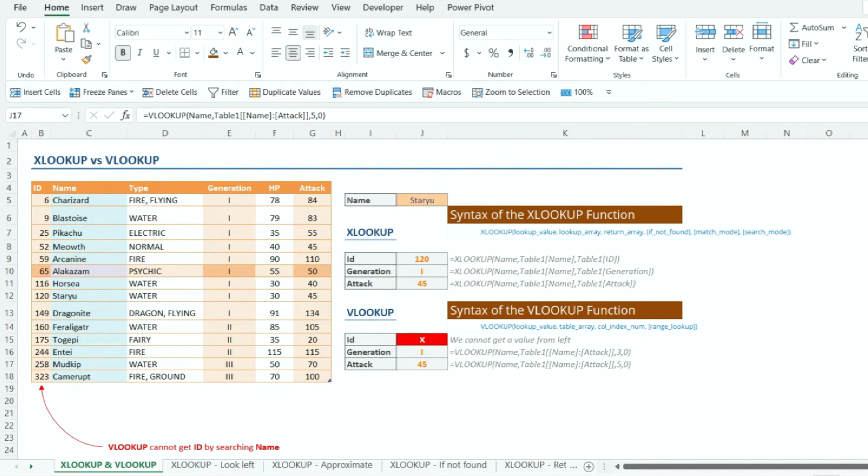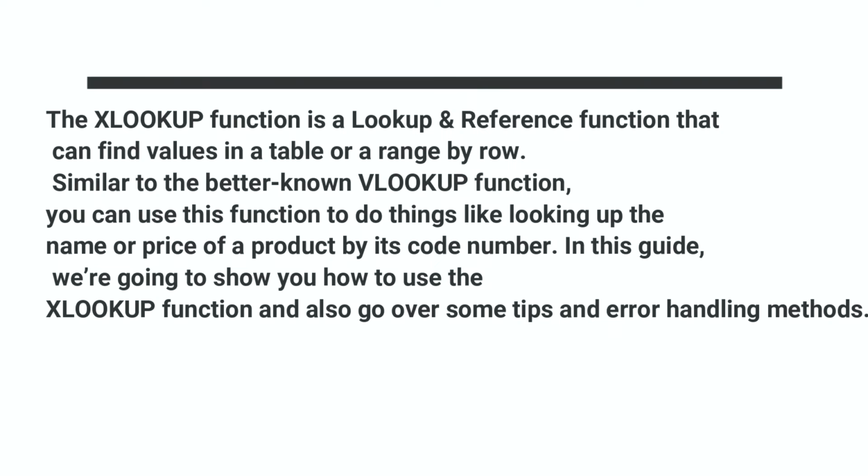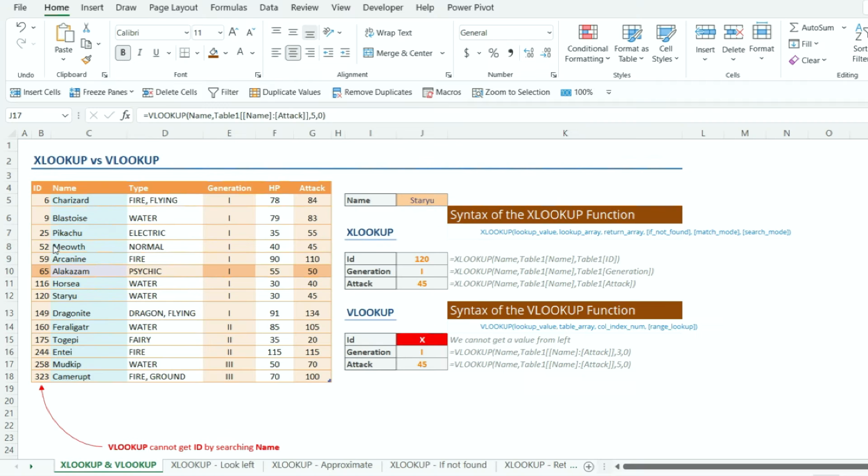And we know that this is a lookup and reference function that can find values in a table or a range by row. Similar to VLOOKUP, but this one looks at both vertical and horizontal. And another thing, it doesn't consider the direction you're moving to.